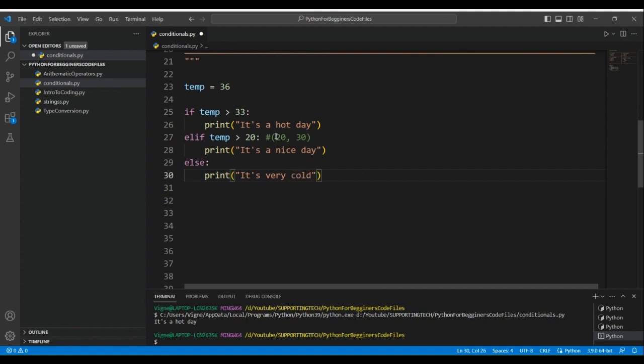And if the temperature is below 20, then the else statement will be executed. It's very cold. And finally,